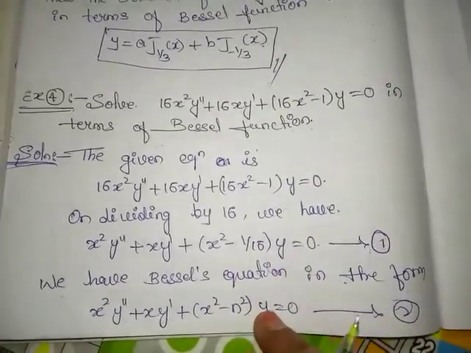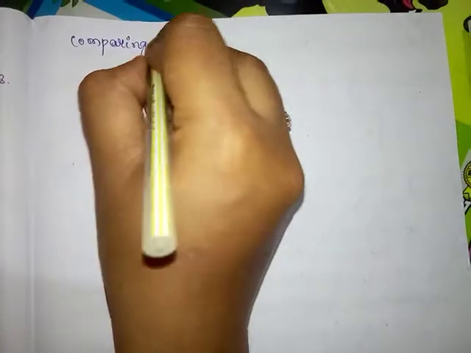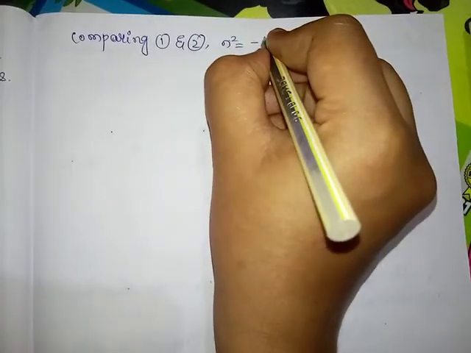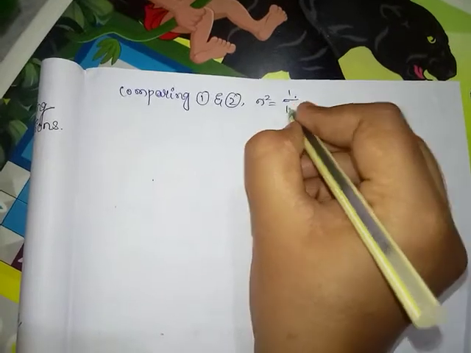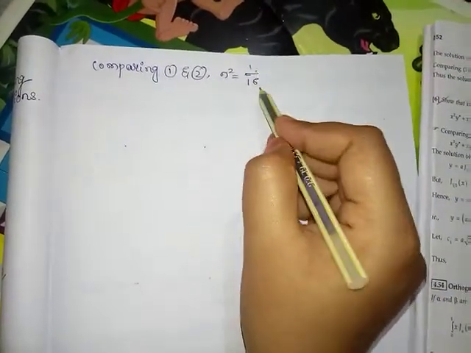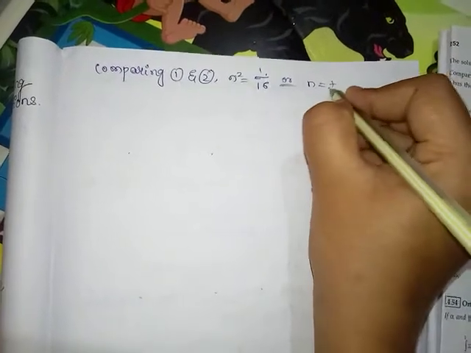Now compare equation 1 and 2. Comparing 1 and 2, n square is equal to 1 by 16. For the previous example also it is 1 by 9 because we have x square minus n square. So n square is equal to 1 by 16, or n is equal to plus or minus